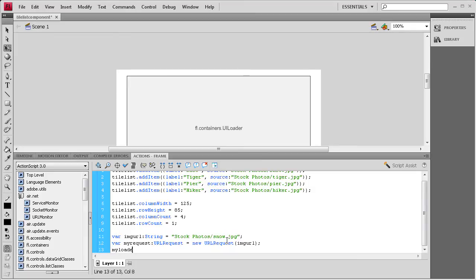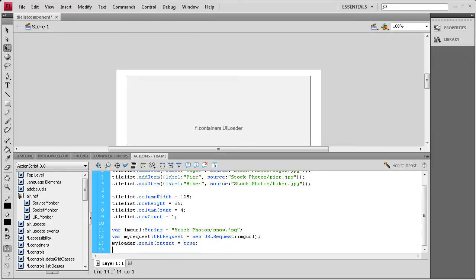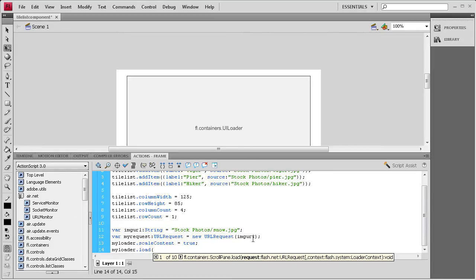So we're going to say myLoader.scaleContent, with the C on content capital, = true; And then next we need to load in the stuff that we had from our variables so that it basically connects it to the loader. So we're going to say myLoader.load(myRequest);